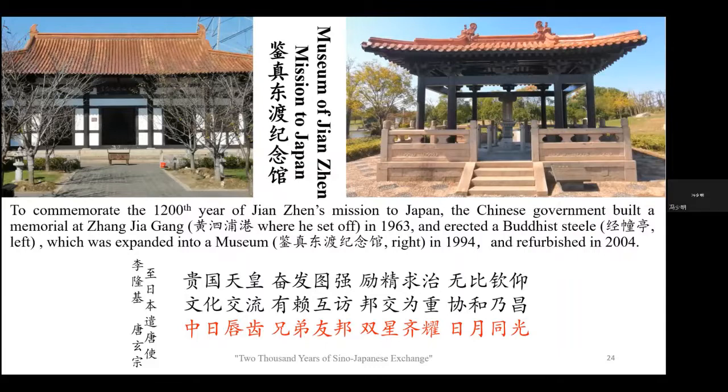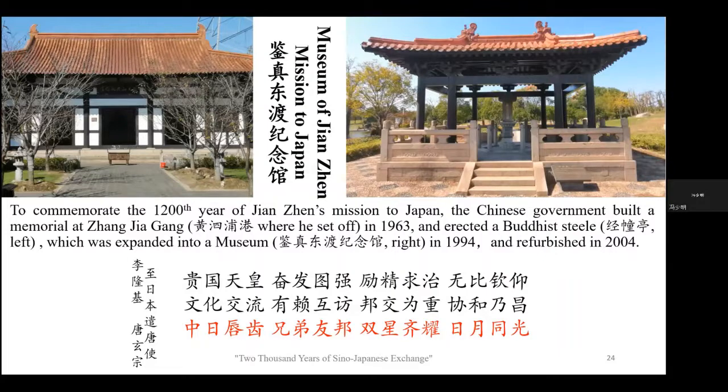贵国天皇发愤图强，一经求治，无比清雅。文化交流有赖互访，邦交为重，协和乃昌。中日唇齿，兄弟友邦，双星齐耀，日月同光。Loosely translated, it actually means the emperor descent of your country, assiduous in endeavors, seeking governance without respite, has my admiration, right? Means the Tang emperor writing to the Japanese emperor,